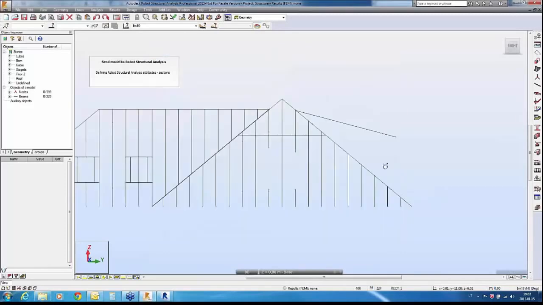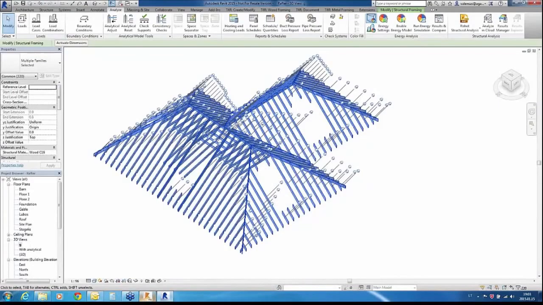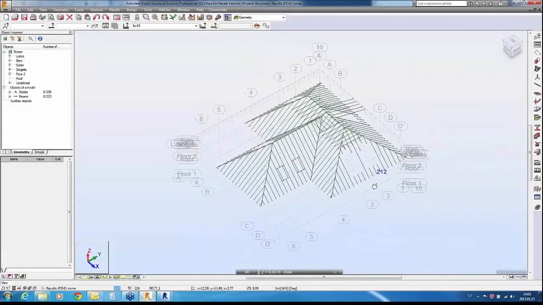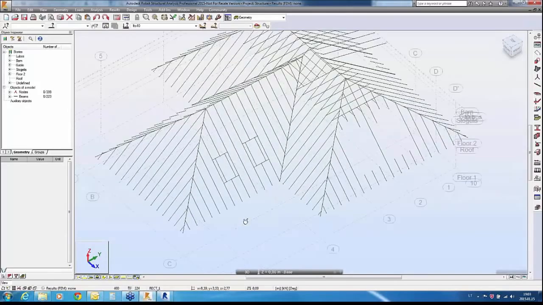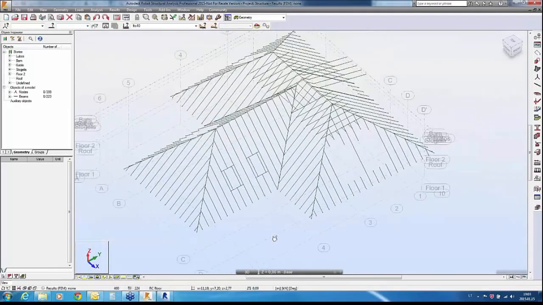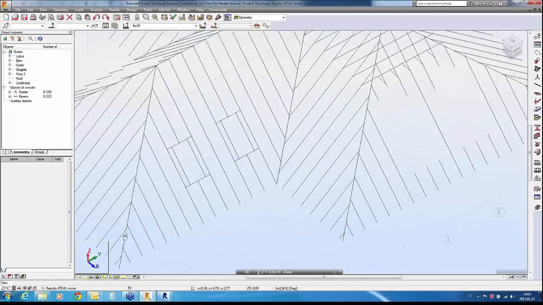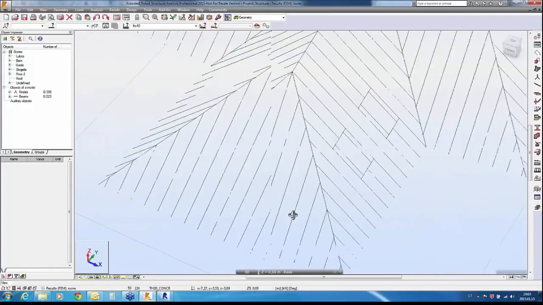Okay, I'll just hit OK, and we will see that our elements are now all presented in Robot. In just, like, 1 minute we have all this geometry inside Robot. So yeah, you will need to add supports, and maybe you will need to consider